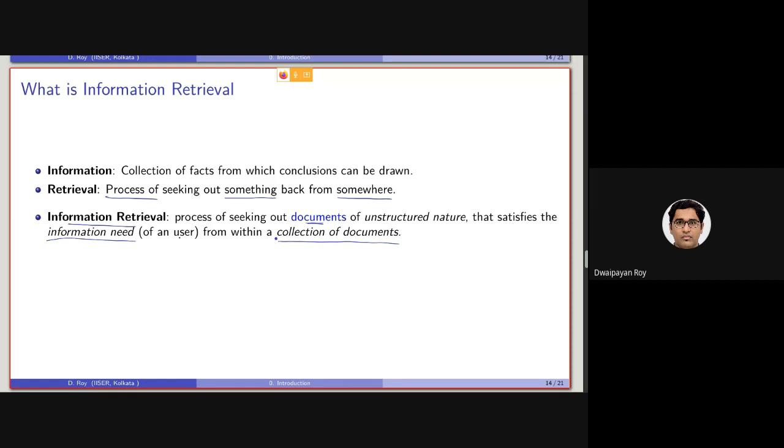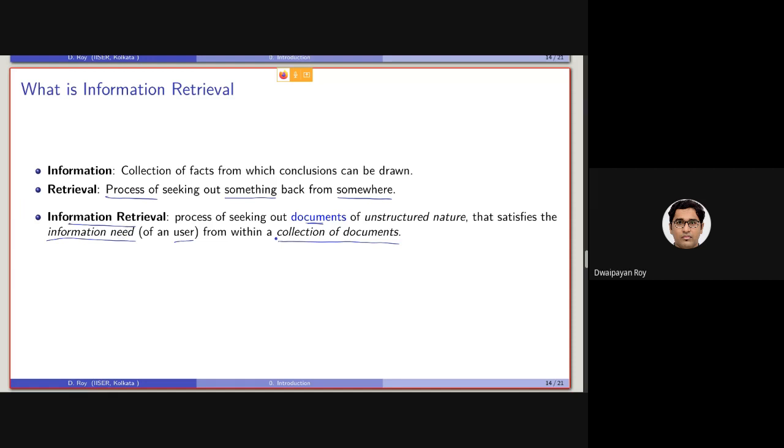Now, let's say a user comes to you with an information need. Information need is basically some question that is arising in the mind of the user. So let's say the user wants to know the lifespan of, say, any snake, say cobra or python. So this is the information need.